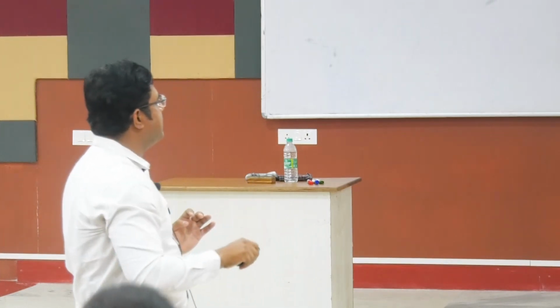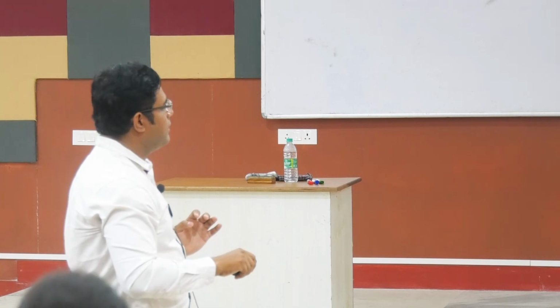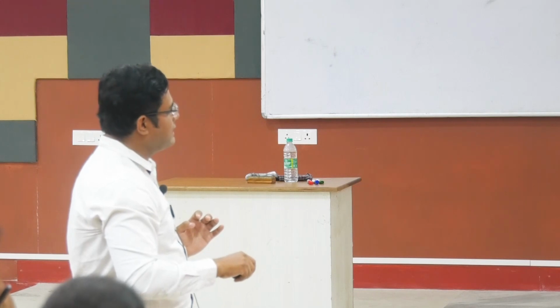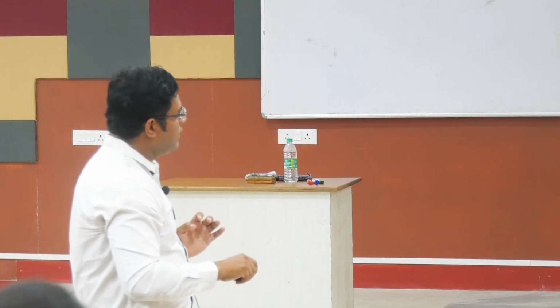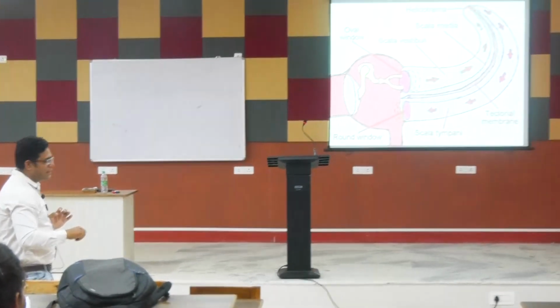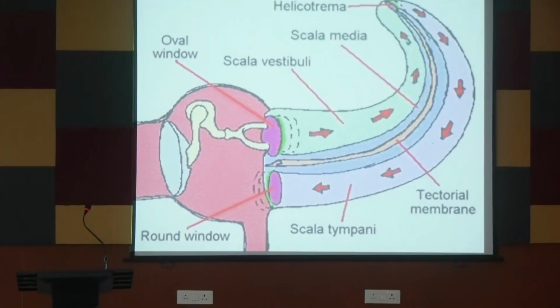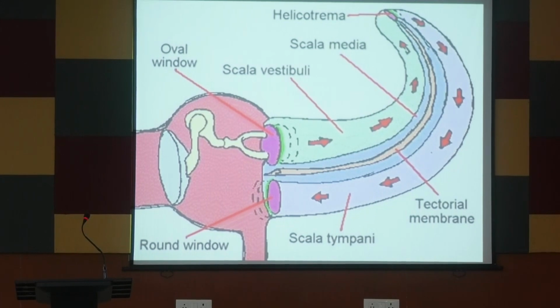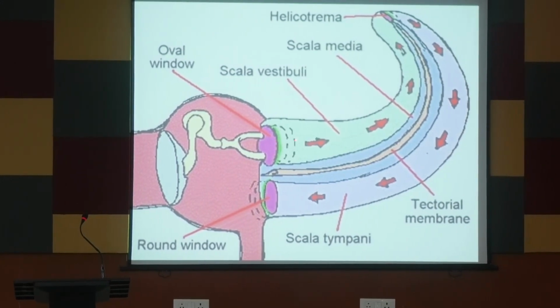सो ये डायग्राम वही डिपिक्ट कर रहा है। ओवल विंडो पे वाइब्रेशन किया, इट विल मूव लाइक दिस थ्रू द हेलिकोट्रोमा टू द स्केलर टिम्पेनी एंड आउटसाइड, यहाँ से डेसिपेट करेगा एनर्जी। जब ये मूव इन होगा तो ये मूव आउट होगा। दिस इज द फेज डिफरेंस। अगर ये मूव आउट नहीं हो पाएगा तो एनर्जी ट्रेवल ही नहीं करेगा। इसीलिए फॉर द साउंड टू ट्रेवल एंड साउंड टू बी हर्ड, दीज टू विंडोज शुड बी सेपरेटेड। ठीक है, यहाँ कैसे सेपरेशन है, मेम्ब्रेन के थ्रू, ऑसिकल्स के थ्रू ये बंद हो गया है, और यहाँ पे डायरेक्टली ओपनिंग इनटू द मिडिल ईयर। ओके,